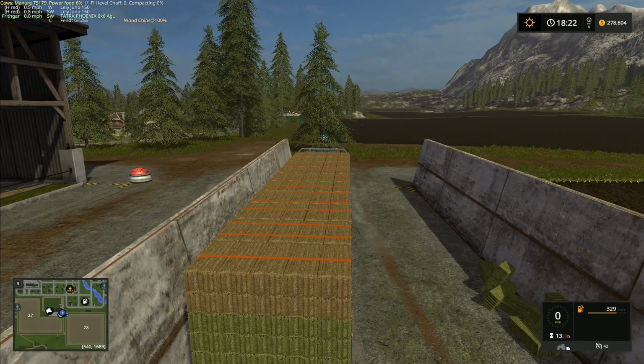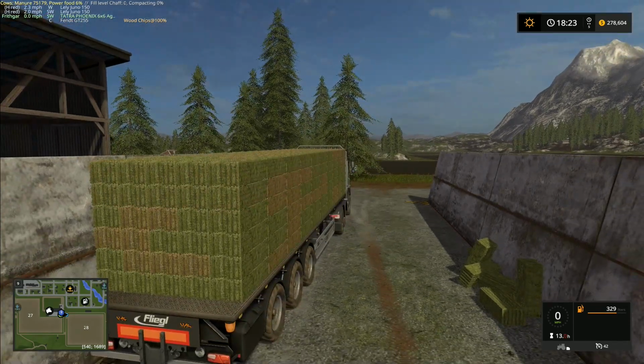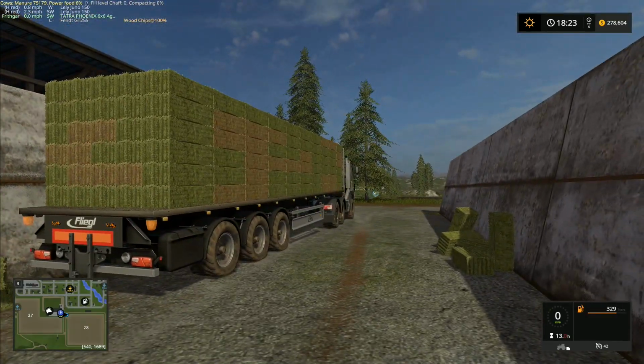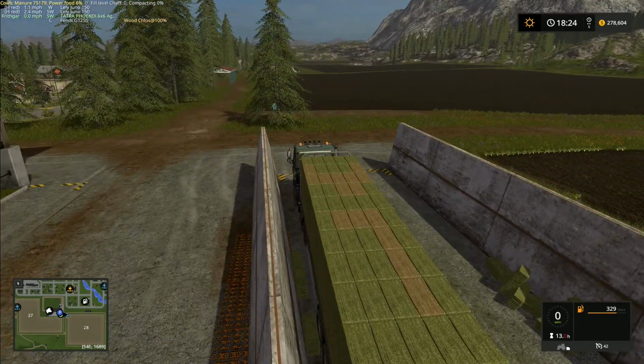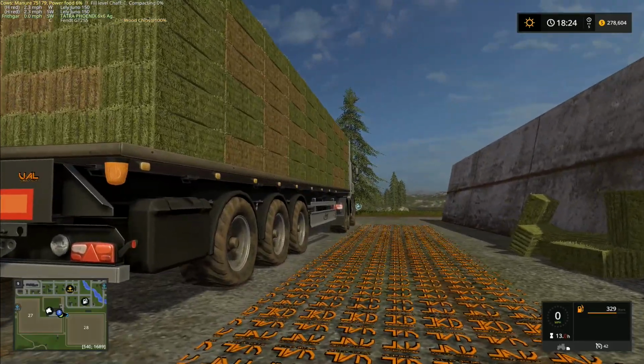I really want to see what the other bales will load up like, the big bales in particular, and we'll also use it for the big pallets. So let me just take the straps off of this, and we will load it onto the trailer here like that. Okay, now that's just gone all weird. That's fine. And then B, I think it was, to select the side. Yes, there it is. And that side has changed. The picture there has changed, and we've now got...